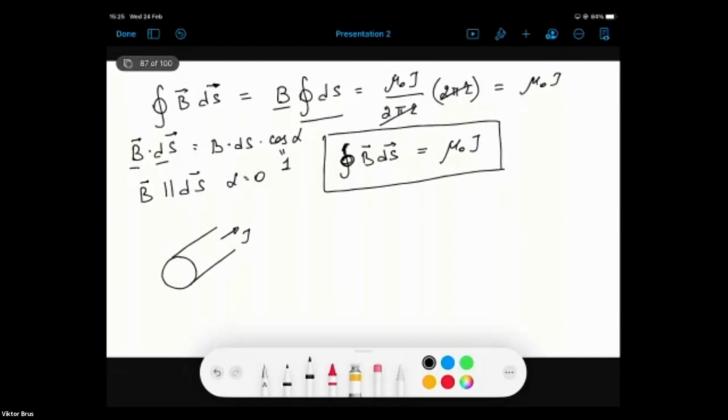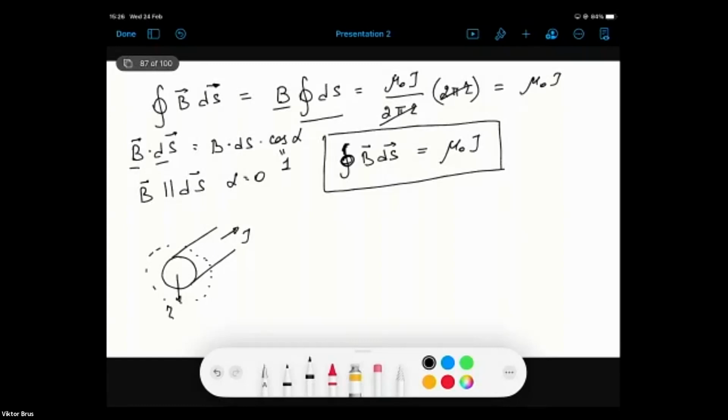And our question will be, what will be the magnitude of the magnetic field vector at the circle with radius r around this wire,